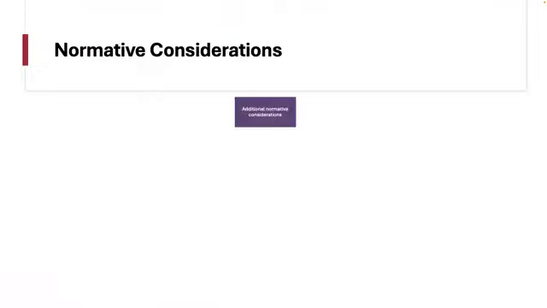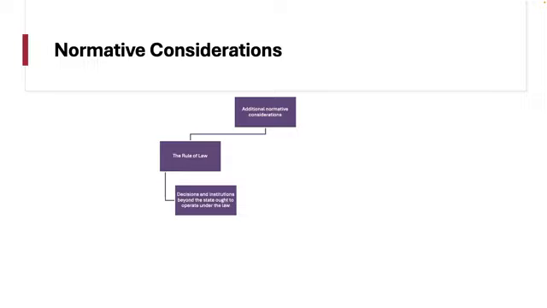Other normative considerations might include things like the rule of law. Institutions and decisions beyond the state ought to operate under the basic principle of the law. They should not be confined to this idea of arbitrary power. There should be some kind of a broader conversation about how the rule of law in a domestic setting, how law is made domestically, should be applied in a similar sense to how law is made in an international setting.